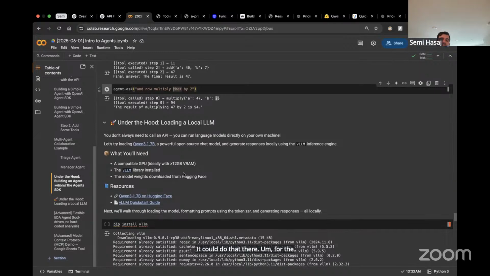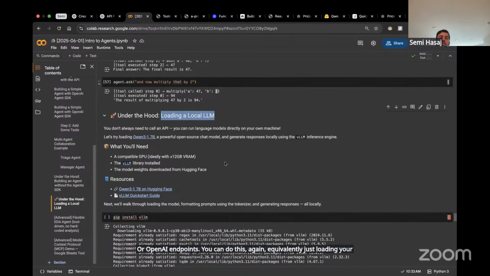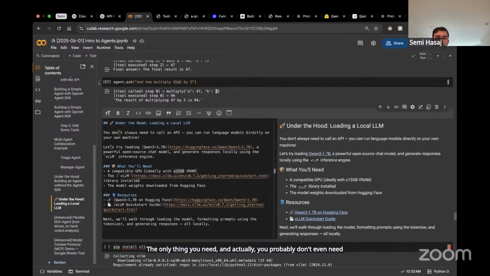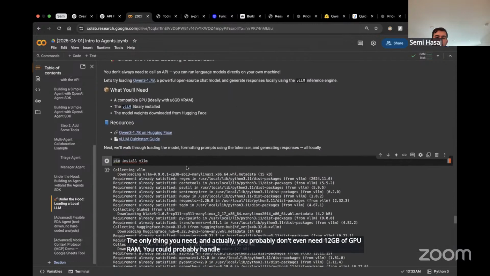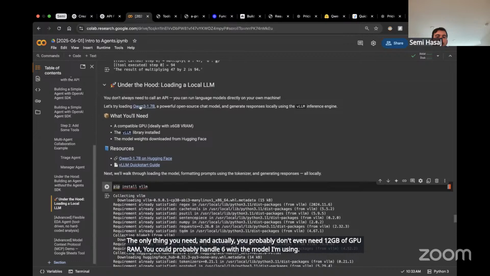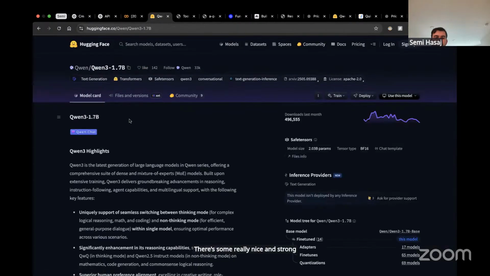For the people who do not have OpenAI credits or endpoints, you can do this equivalently by loading your own model. You probably don't even need 12 gigabytes of GPU RAM. You could probably handle 6 with the model I'm using. There are some really nice, strong, very small LLMs coming out.